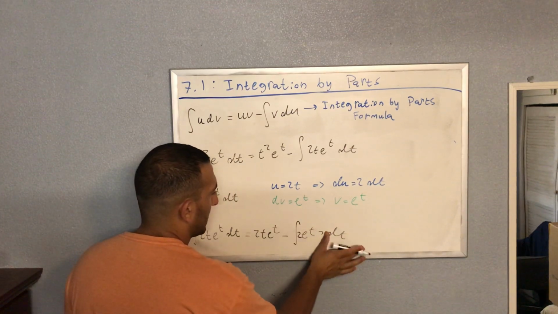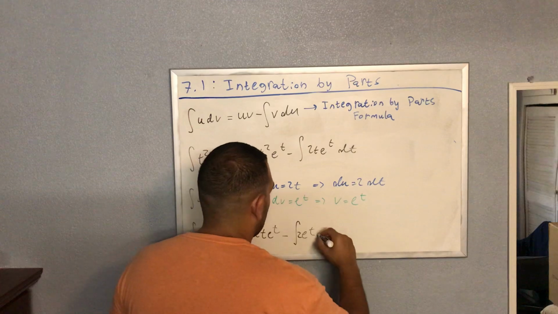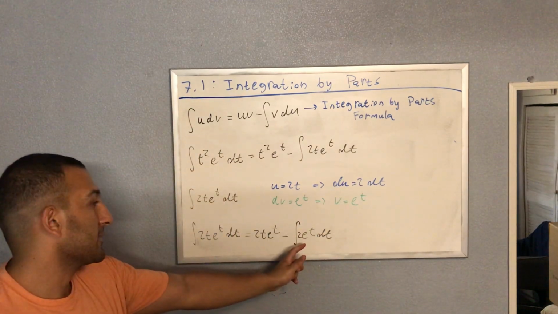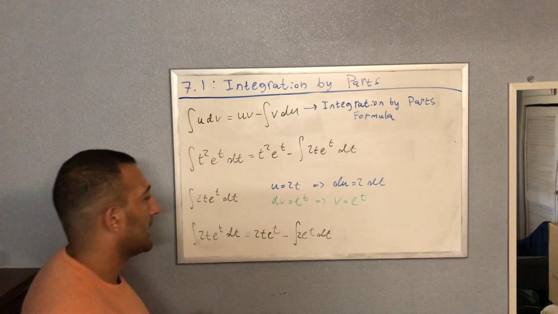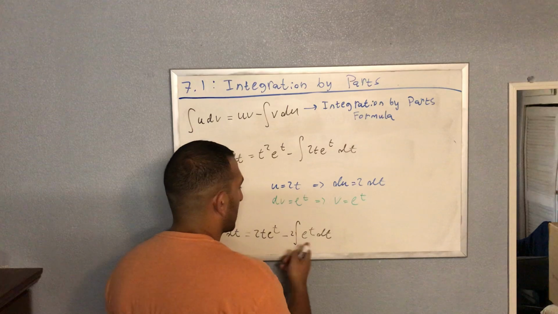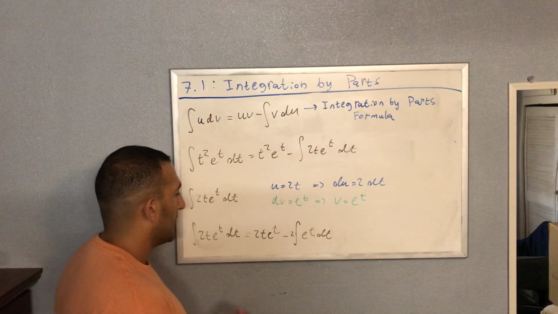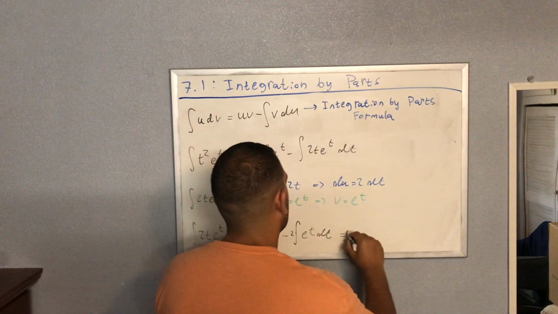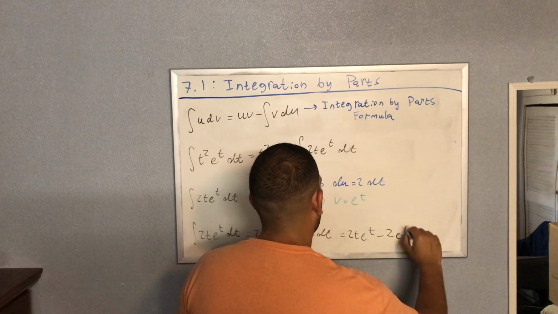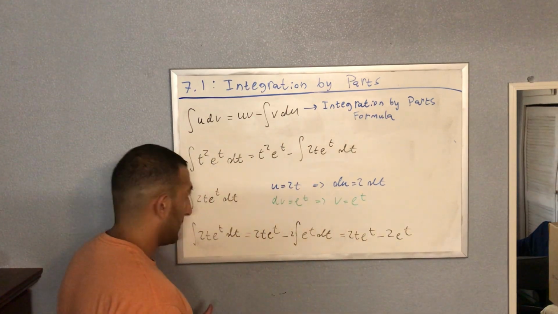I'll just write it as 2 e to the t. And this is beautiful because at this stage we do know how to take this integral. The constant just floats out in front, and our favorite integral is the integral of e to the t because it's itself. So when the dust clears, this is 2t e to the t minus 2 e to the t,